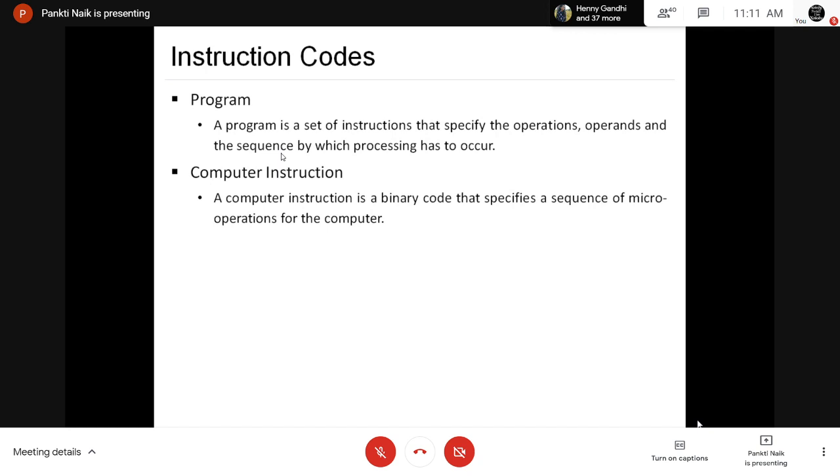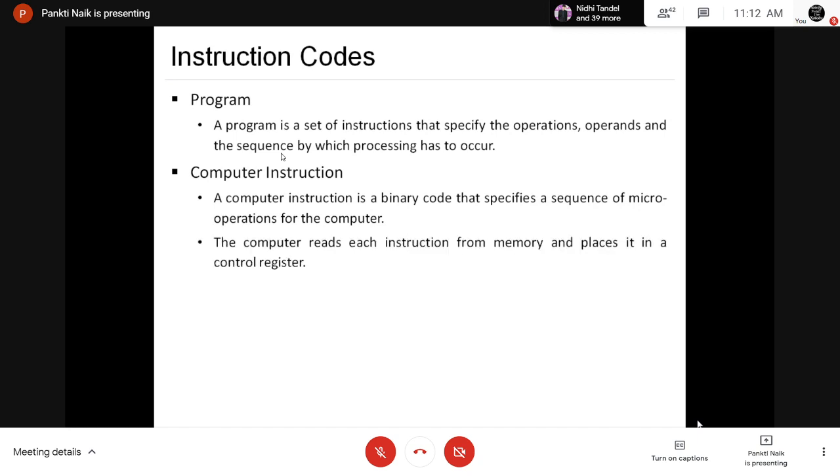Right? Now each and every computer has its own unique instruction set, the ability to store and execute the instruction and to store the program. Right?